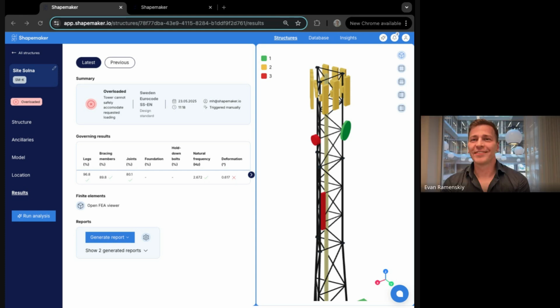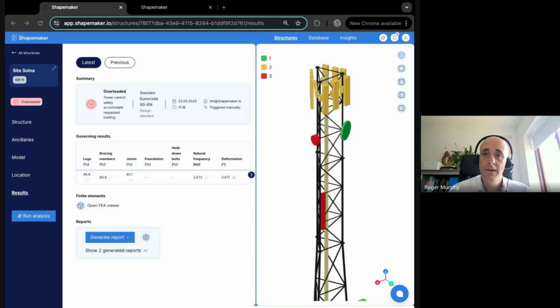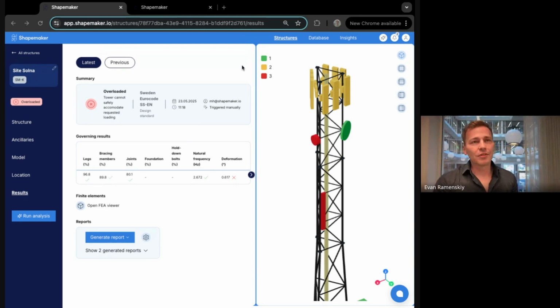Yeah, cool. And you mentioned templates, right? So you basically create different structure types or structure families or structure designs that maybe exist, replicated on a few sites, right? So you don't recreate everything from scratch. Well, exactly. And that's actually a good example of how we think, and of this TowerBuilder feature that we